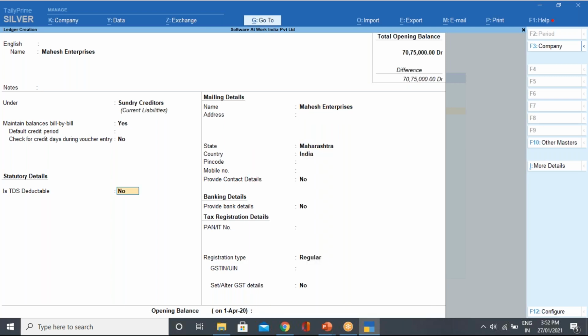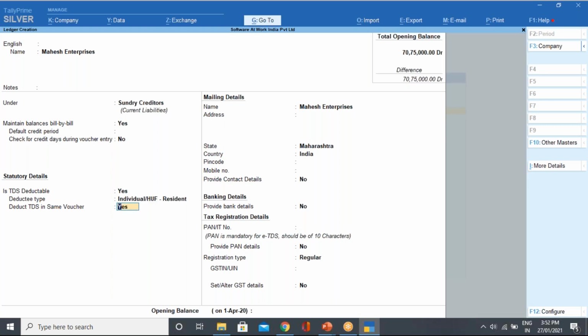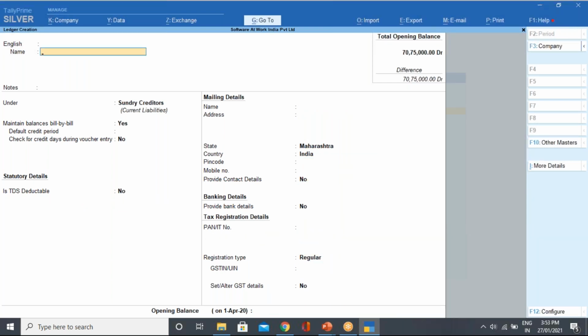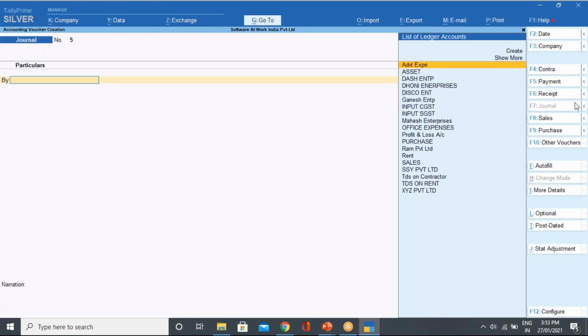First I will come to TDS deductible. I will mention yes. He is an individual resident, and I will skip the PAN number. So if I skip the PAN number, or if I don't have any PAN number, Tally will automatically deduct my taxes at 20%. So let us understand.